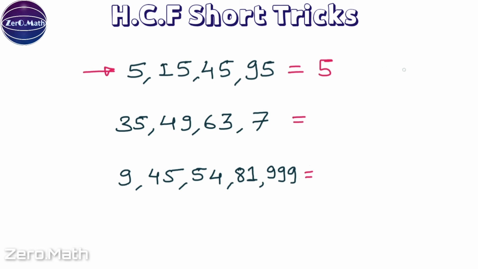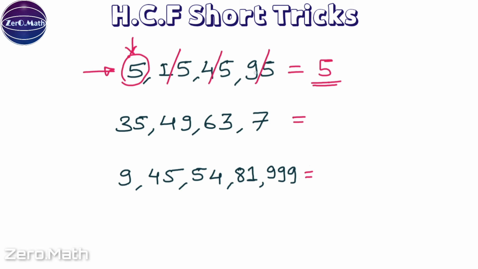I'll explain you how. We know that HCF of given set of numbers is always going to be the lowest number or a factor of the lowest number. So here the lowest number is 5. So let's first identify the lowest number and then compare it with the other numbers. So let's compare it with the 15. If we find out the HCF of 5 and 15, it is going to be 5 because 5 is also a factor of 15. 5 times 3 is 15. So hence cancel out 15. Similarly, 5 is also a factor of 45. It is also a factor of 95. Hence my answer is going to be 5.